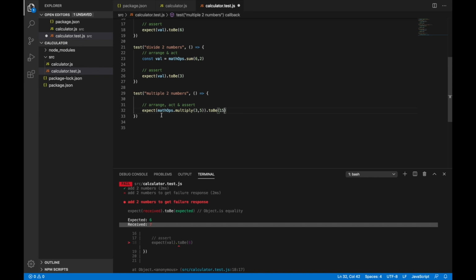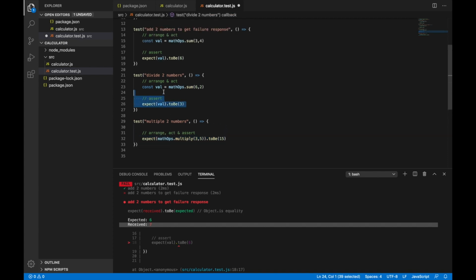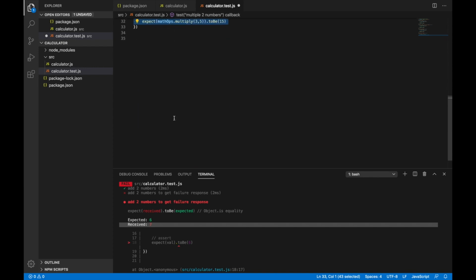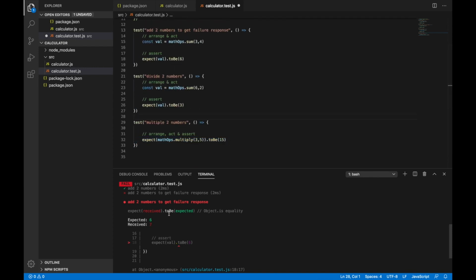So here you can see that I've used just one statement to do everything, but the earlier style looks more readable, because here you need to find out what's happening. So the recommended style is the earlier one, but for these simple functions or methods you can use this approach as well. Now we have a total of 4 tests. Let's try running these.